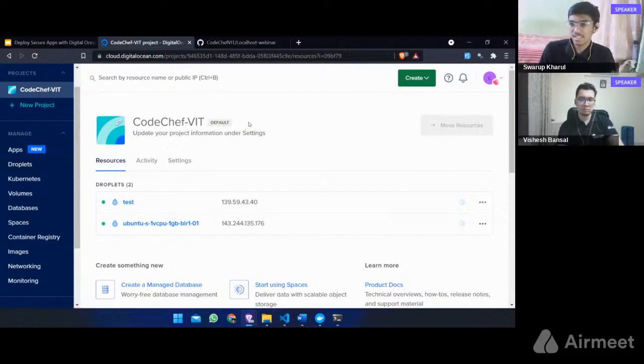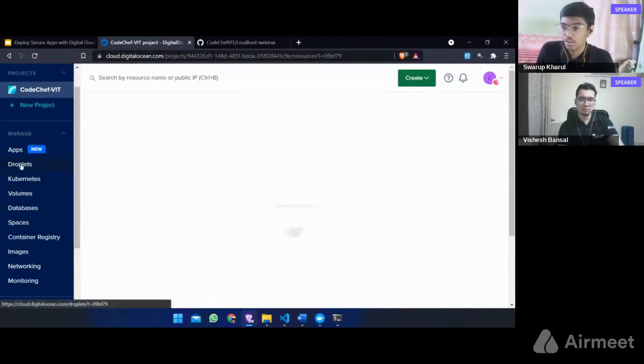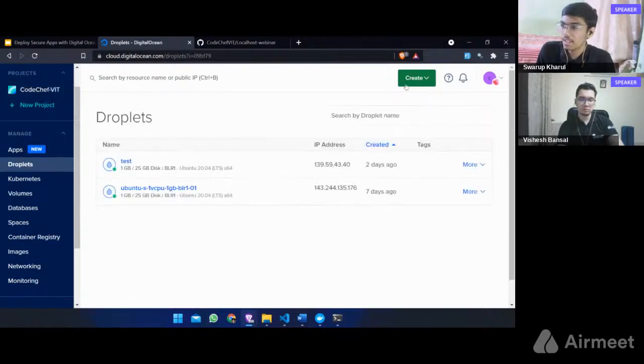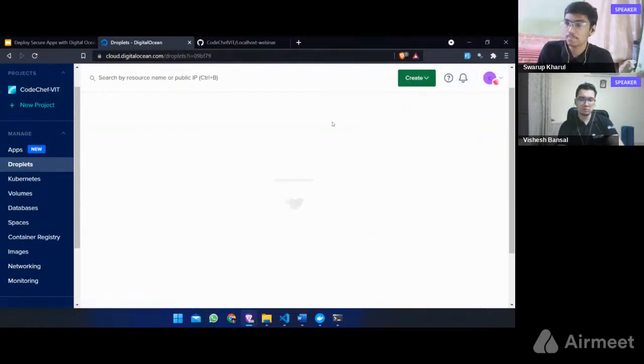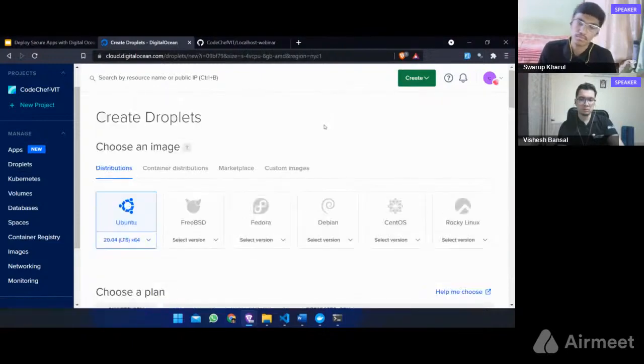Virtual private server means it's similar to a small VM, which has a dedicated storage and RAM. So let's create a droplet. Okay. So here they'll ask some basic details, like which is the basic image you want to load, which is Ubuntu.